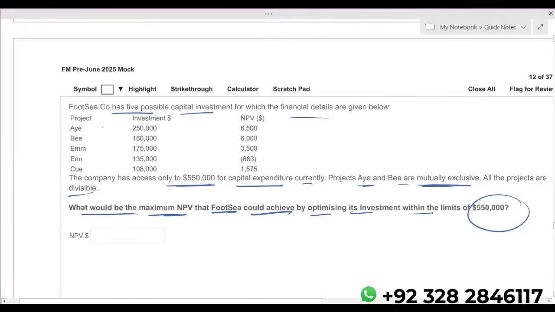Now listen carefully. What I'm going to do is use the profitability index. Number 2, from A and B, the project which has the highest profitability index, simply I will opt for that project and the rest of the projects. How will you decide from A and B? The project which gives you a higher profitability index. Just opt for that and ignore the other project. And look at this EN project. It's a loss-making project, so obviously I will not consider this.